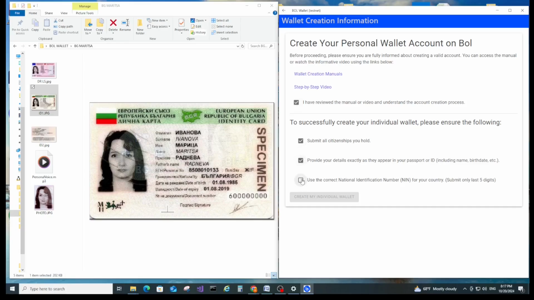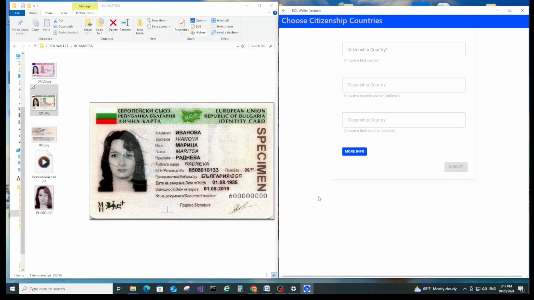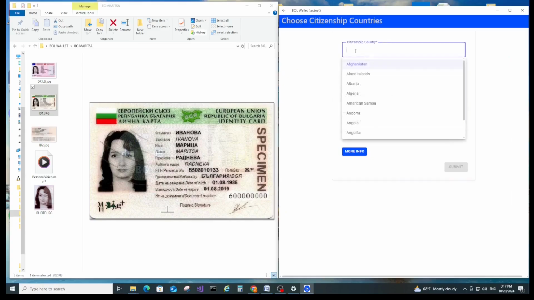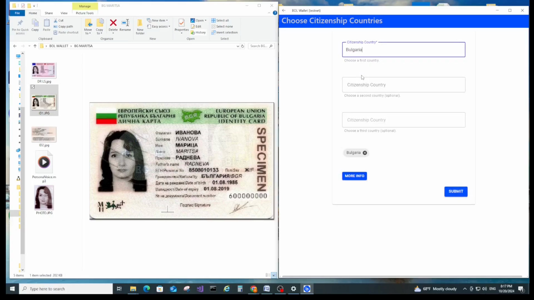We check all the boxes that appear, and this means that we have read the instructions and fully understood the process we need to follow to create a valid account. By pressing the Create My Individual Wallet button, the application takes us to the next page, where we are asked